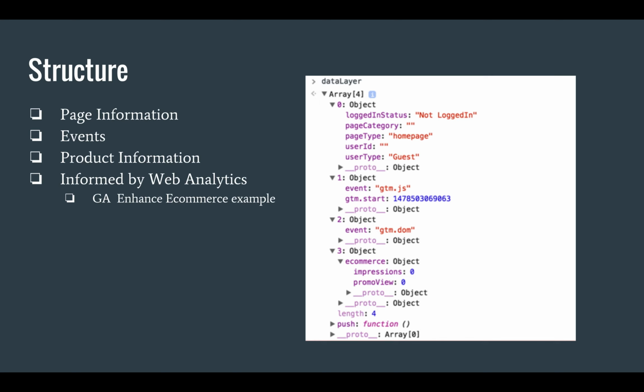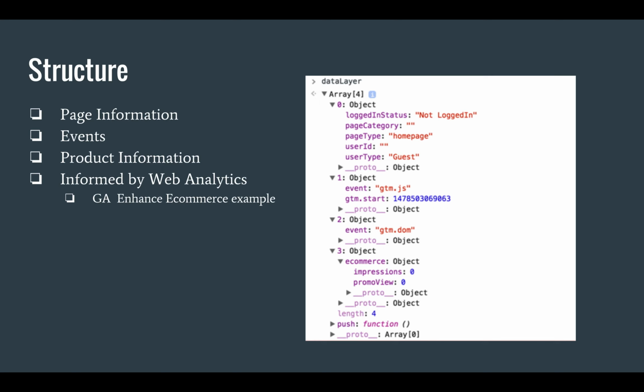So by putting the data in the structure defined within that enhanced e-commerce documentation, what you're able to do is just enable enhanced e-commerce both within the Google Analytics interface, as well as when you're setting up the tag, and